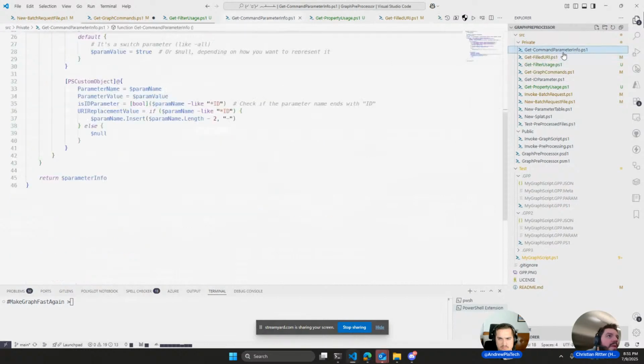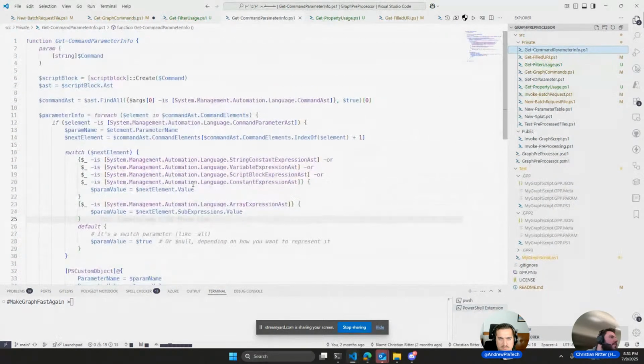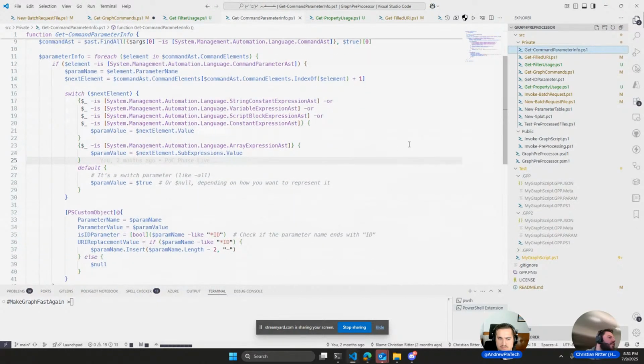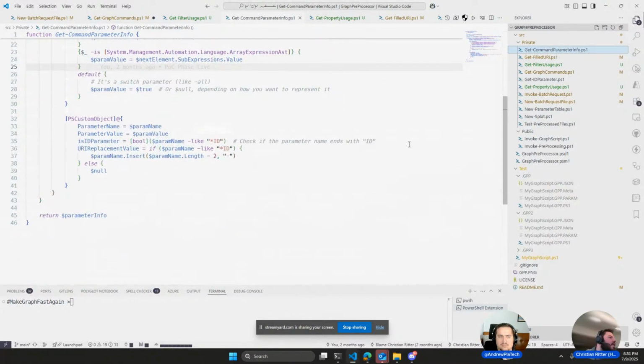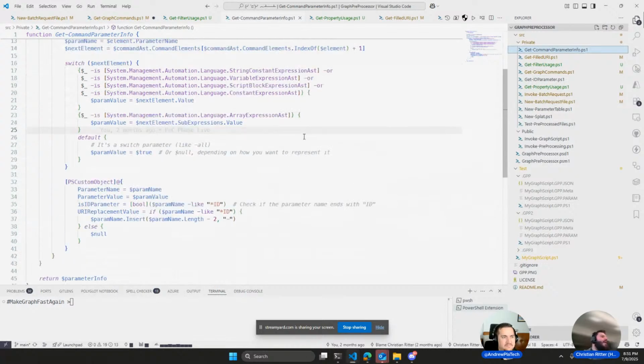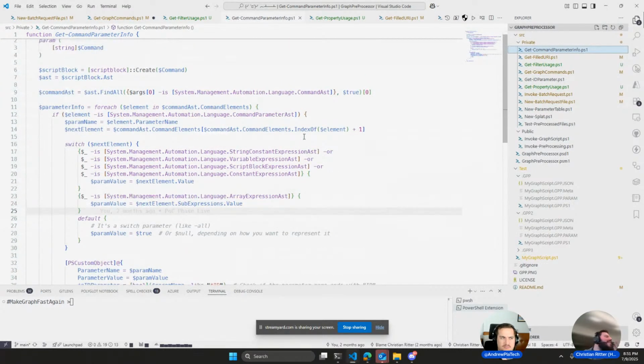Command parameter info. I also check if there's some kind of an ID or not an ID, and if it's some kind of switch statement like dash all and all those funny things. As you maybe can see, because I don't want to step really too deep into this, what I want to express is there are many things that you have to consider while making such a thing work,